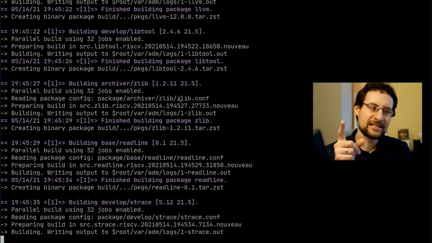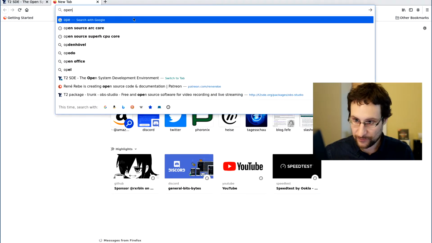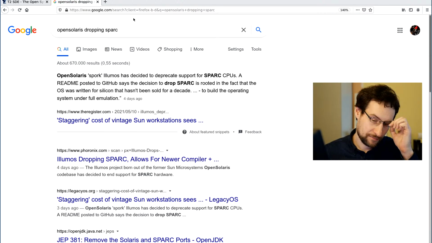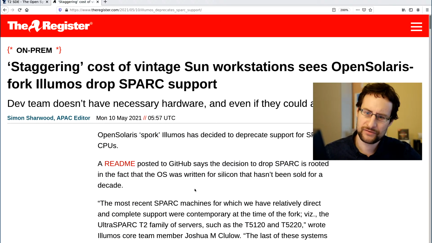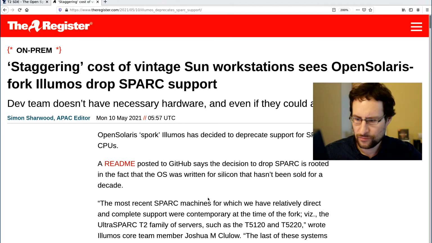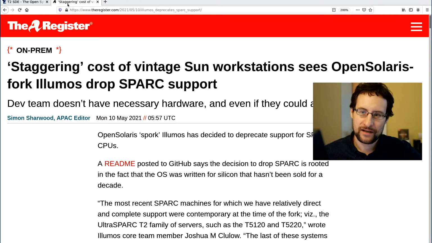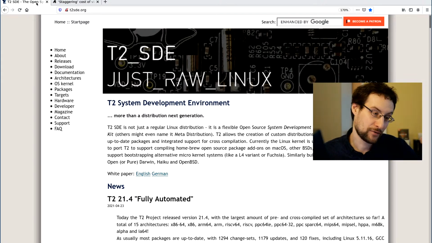Yeah, and last but not least, the irony is this OpenSolaris stuff, what was the name? OpenSolaris dropping SPARC support, right? So at this pace, probably this Illumos, with the staggering cost of vintage Sun workstations, sees the OpenSolaris fork Illumos dropping SPARC support. At this rate, T2 is soon becoming the last distribution to support SPARC, if not PS3 and all the other fun vintage gear, but obviously latest and greatest x86 and RISC-V as well,